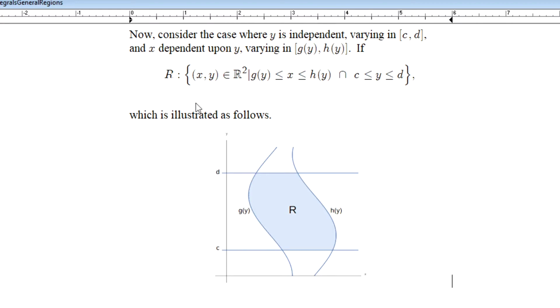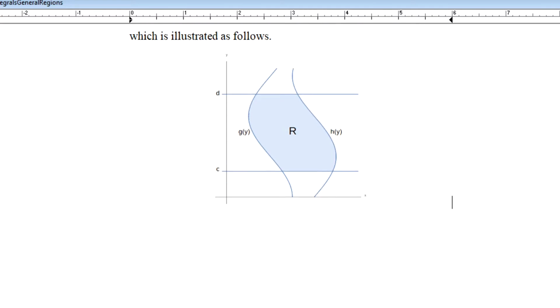It's this set of coordinates in two-dimensional space where now we see y as being bounded by these constants c and d, illustrated by these horizontal lines, and it's now x that is going to be bounded on the left by function g of y, defining the leftmost bound on R, and on the right by h of y, where h of y is defining the rightmost bound on R, right? In this particular scenario,